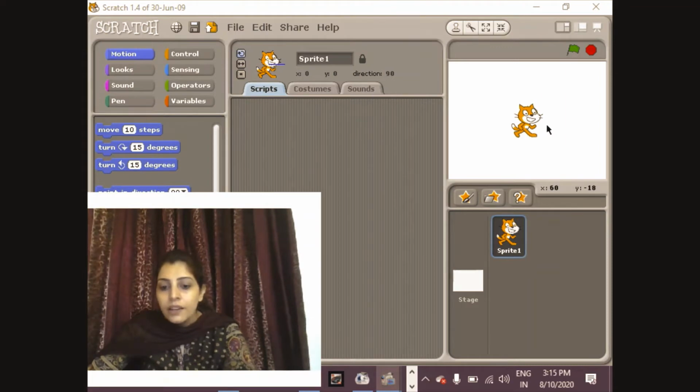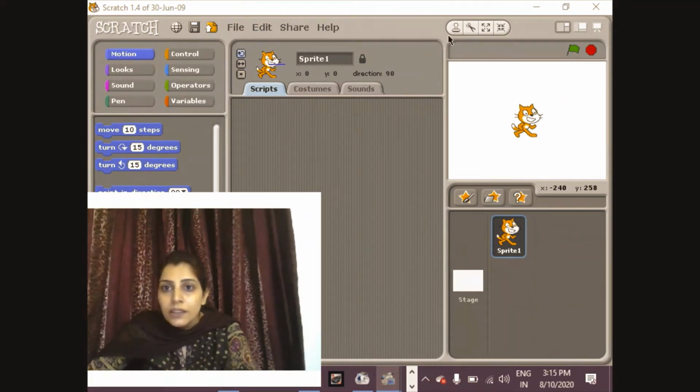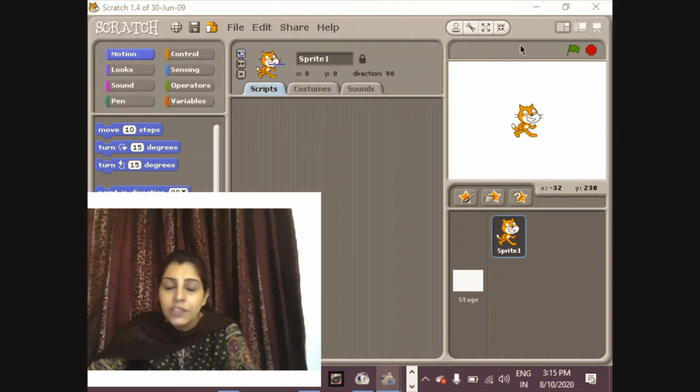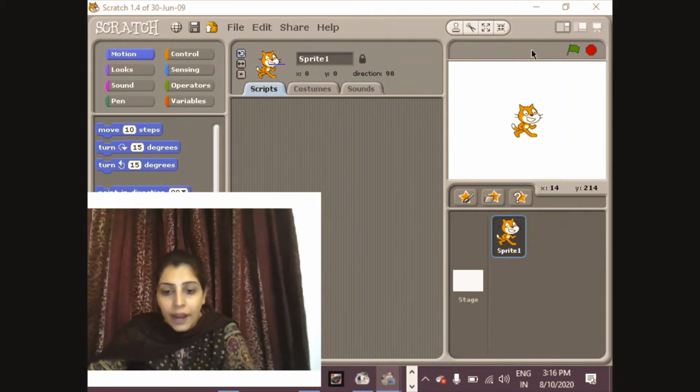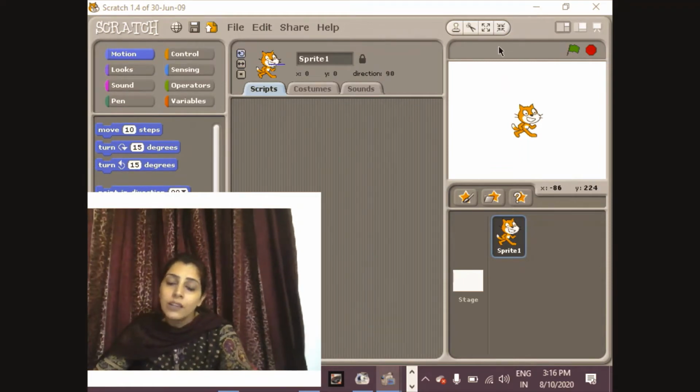Next, the toolbar. This thing is called the toolbar. This is the fourth component. But I request you all, when you are listening to this tutorial, please open your book side by side and go through that also. So you will be able to understand more easily then. So this component is called the toolbar. On the toolbar there are four buttons.